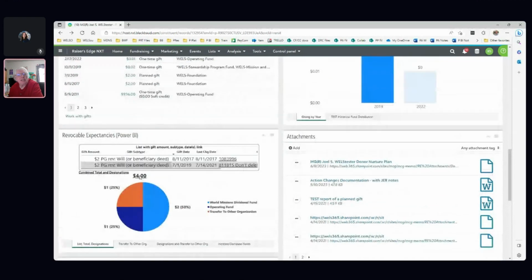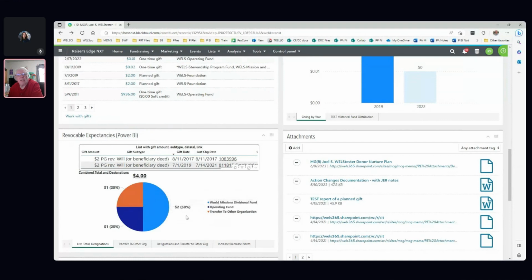Notice what it did is it took those 2 gifts, added together $4, and normally it'd be, of course, bigger amounts, but it also shows the designations by percentage and by amount in a nice little pie chart. So I can see not only do they have a planned gift, but what are the things that they're interested in supporting?